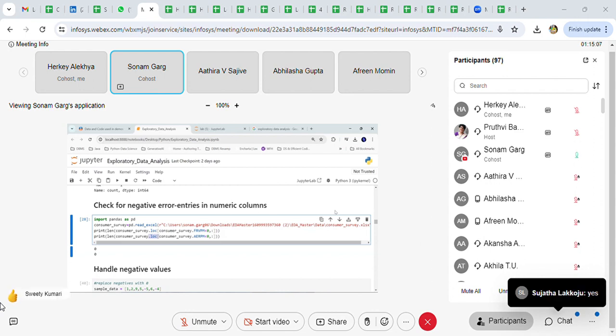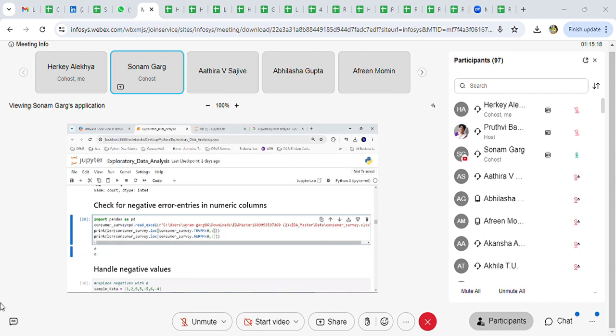Yes. So the LOC function is used to locate a value. ILOC is also used for that. The LOC function has one benefit: you can give a Boolean value here also. It takes a Boolean attribute. So for locating here, before the comma, we are specifying something about the rows, and after